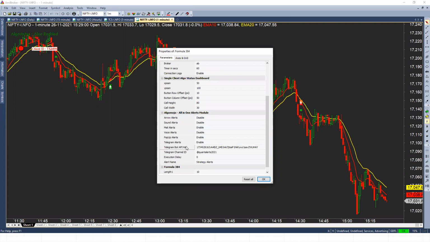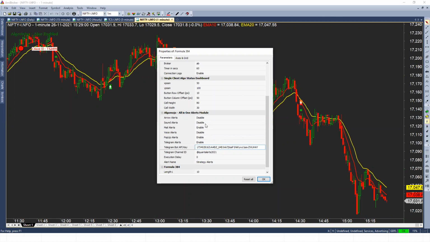For that, you have to follow certain instructions. You have to create a channel and assign the bot. After creating the bot, you have to add the bot to the Telegram channel, then create the API key, get that API key and the channel ID. Then whenever the buy and sell signals happen, orders will be placed and you will get Telegram alerts also. Maybe we'll take that Telegram alert in a different case, but this is what it is.